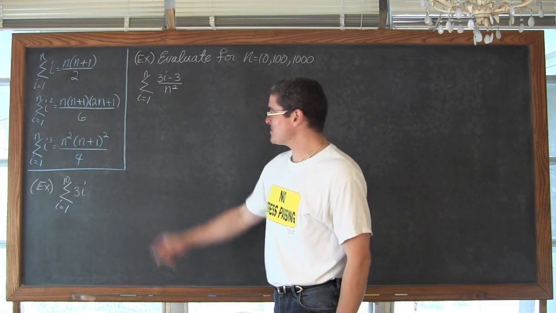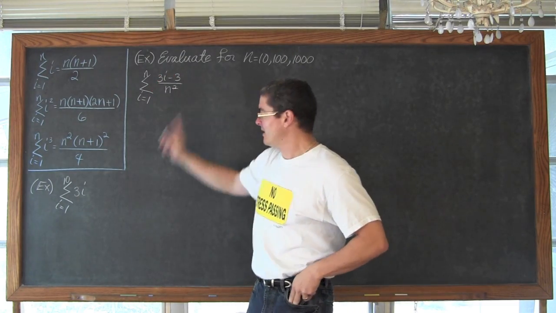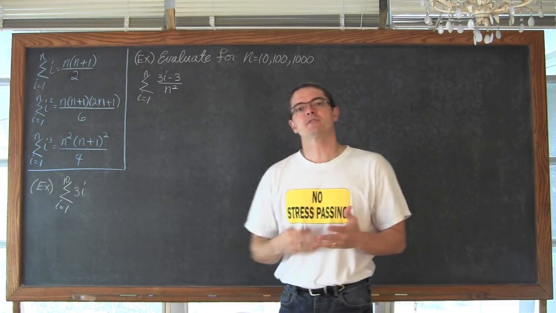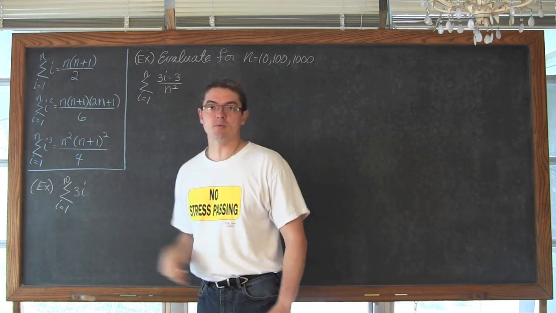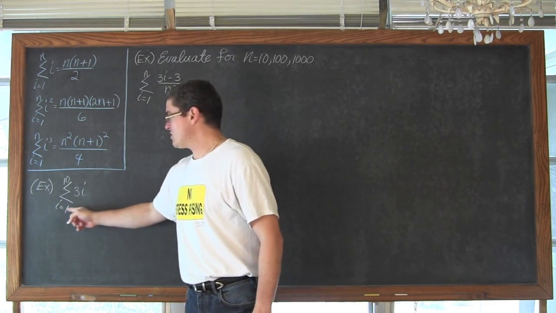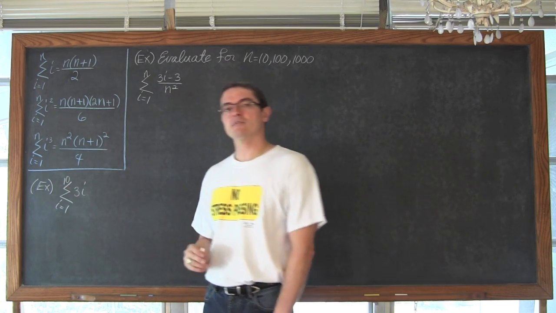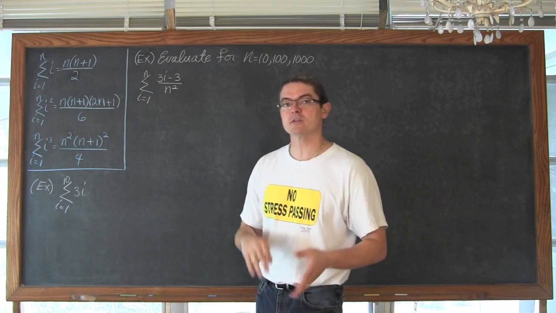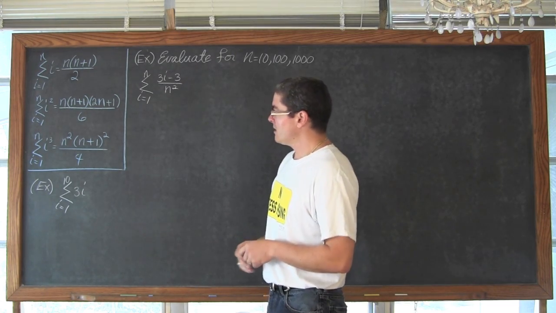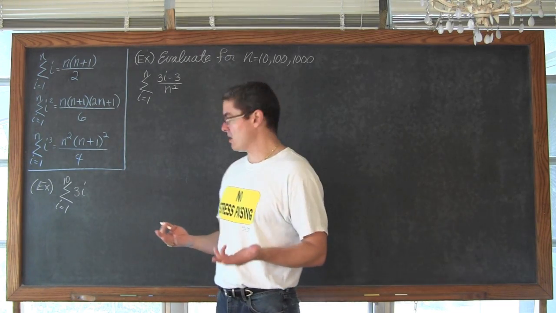Here's our first two examples. I got one up here. This is going to be a big one. And this little one here, I just want to show you with real numbers the use of one of these formulas. So we have the summation as i goes from 1 to 10 of 3i. And instead of just doing 3 times 1 plus 3 times 2 plus 3 times 3 plus 3 times 4 and so on, let's actually use one of these formulas and see how they work.